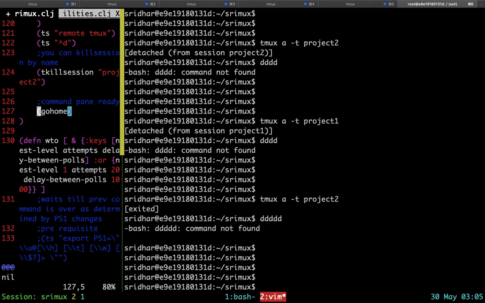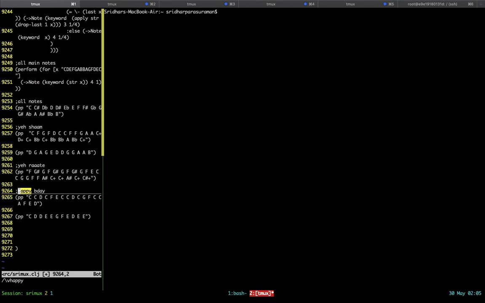So through S expressions, you've seen that pretty much any automation can be achieved. But how about that piano? I can demo that very quickly. So you can even play the piano. I have another Srimux session connected to my other machine. So the way you run it would be to CPP something like this. I've created a function called PP that plays the piano.